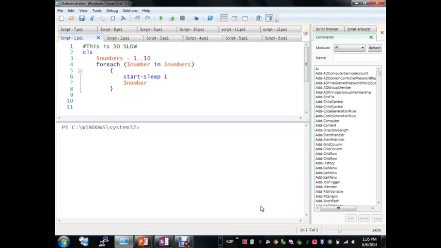Okay, so this is a very straightforward little PowerShell script, right? All it's doing is declaring a variable that says it's an array. So I'm saying the numbers array goes from 1 to 10, and then for each instance in that array, I'll set it and print out whatever number you're on at the time, right? So if I run this,